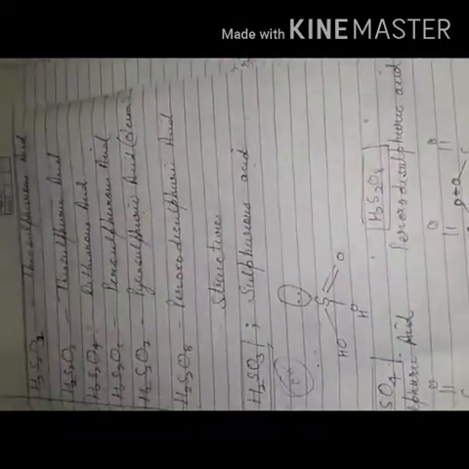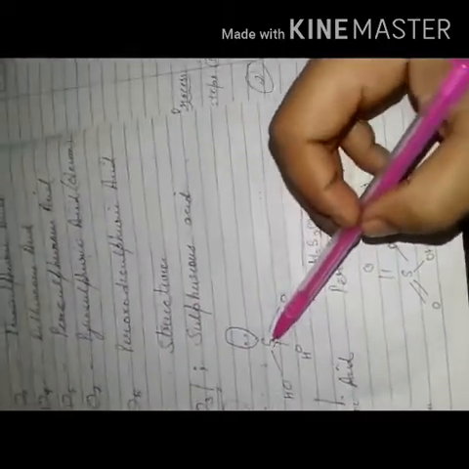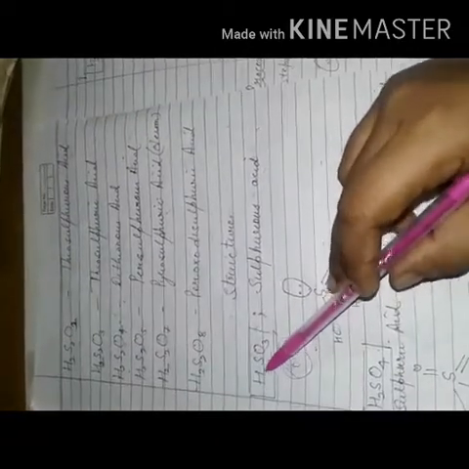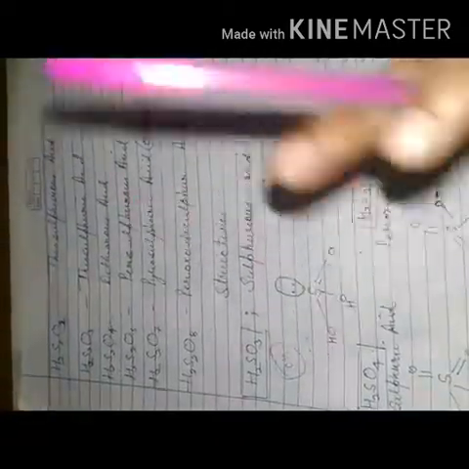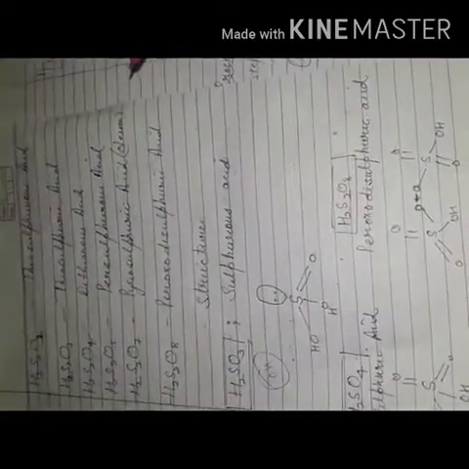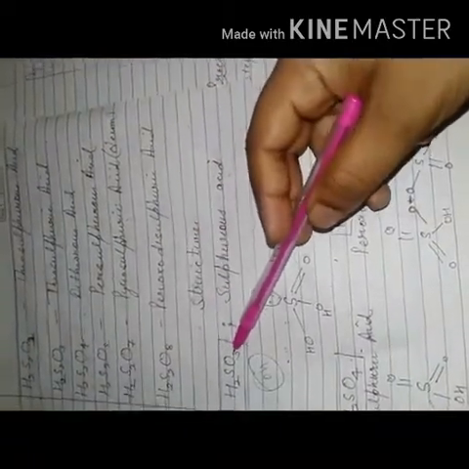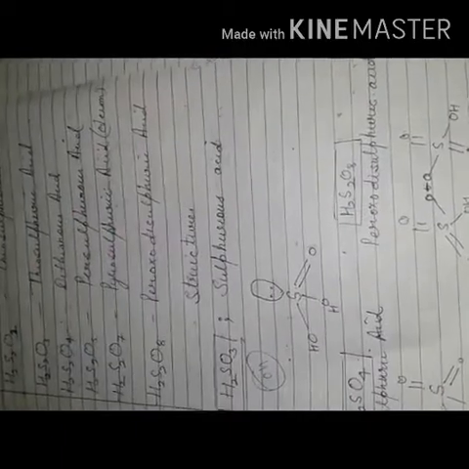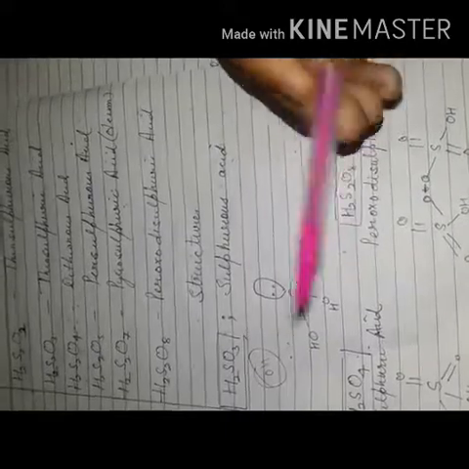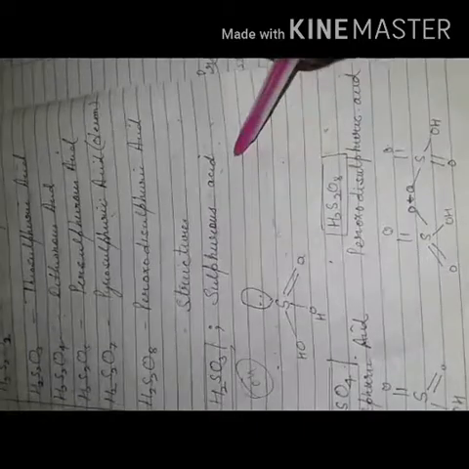So we know sulfur has 6 electrons. Keeping this in mind, here we have 2 H, so definitely 2 oxygens are going to be utilized with H to form OH. So 2 single bonds are formed with OH. This is definitely going to be in our structure. Now the remaining electrons are 4, and the remaining oxygen is 1. We know oxygen forms a double bond, so 2 electrons will be used with oxygen to form a double bond. The electrons left are 2, a lone pair. This is the structure of sulfurous acid.